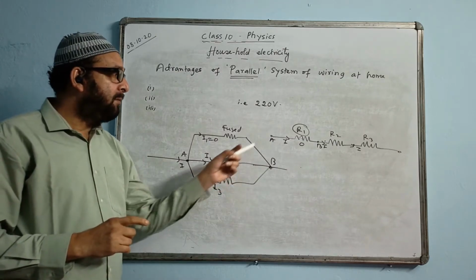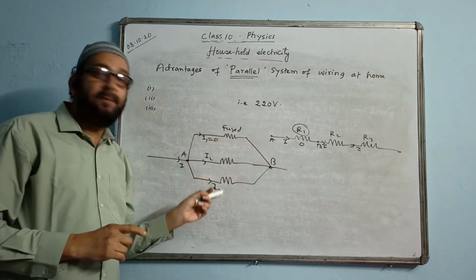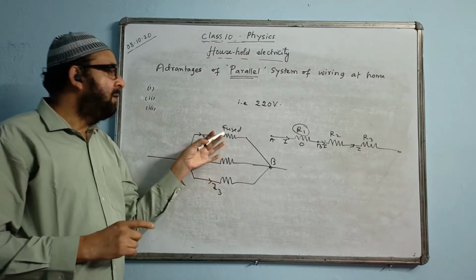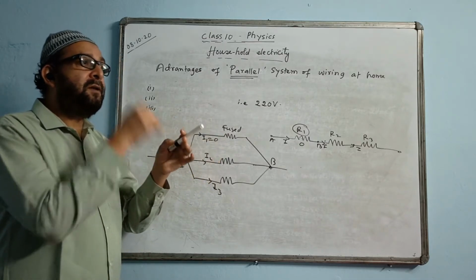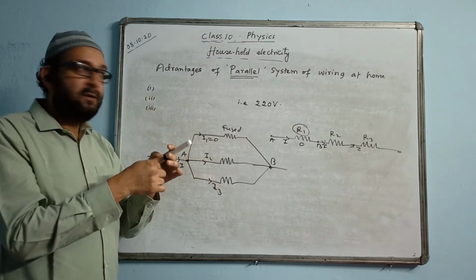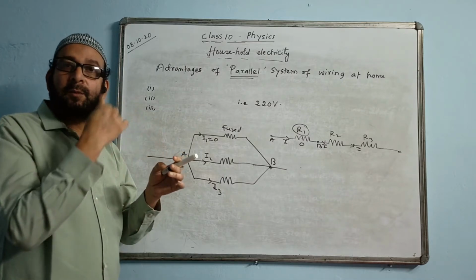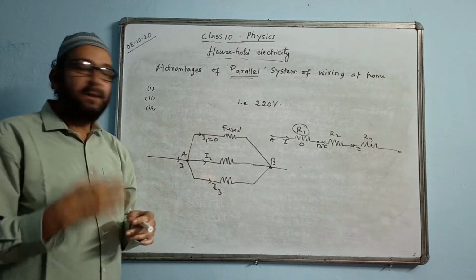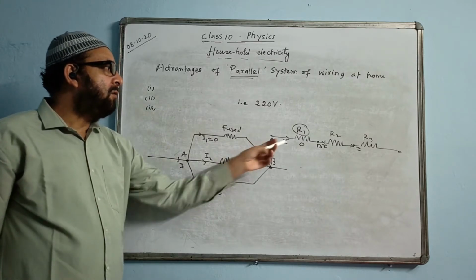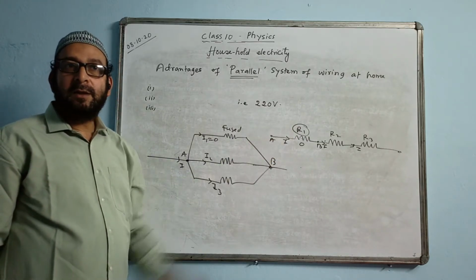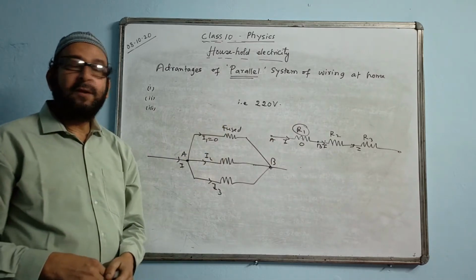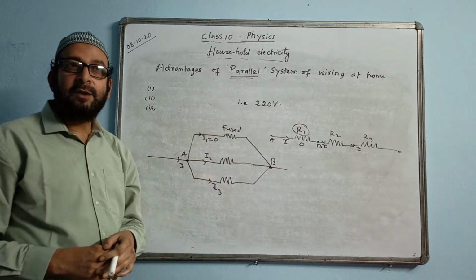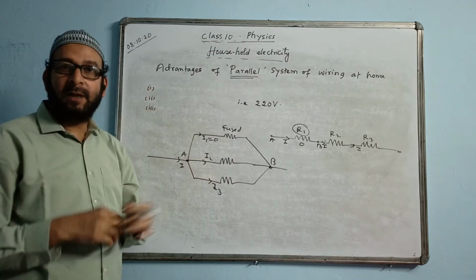But there the parallel system is disadvantageous. Why? Because you have to keep on switching on each and every device and appliance, and you have to put them off again one by one. So it will take longer time and it is a bit inconvenient. So this kind of system, series combination, is done for a big press, and we do it with the help of a main switch. Even a main switch we have at home sometimes.